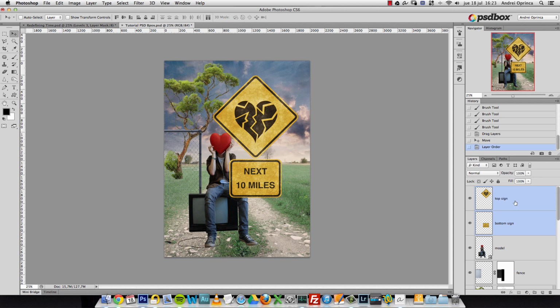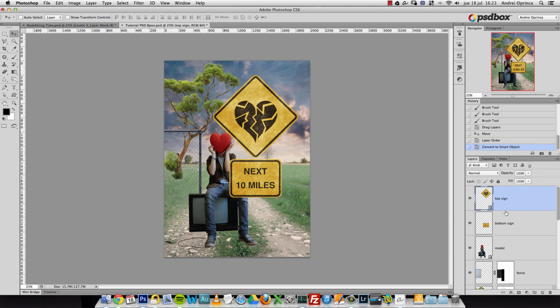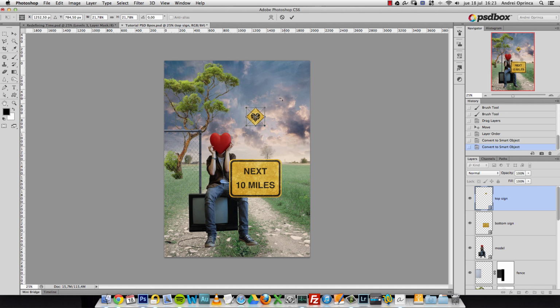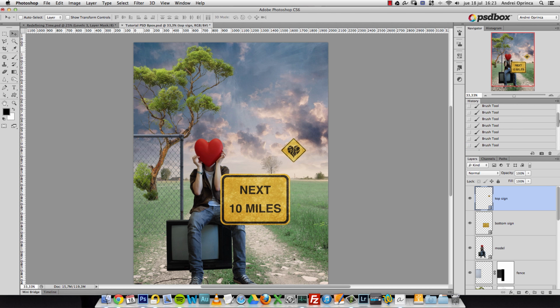Let's leave them on top, and I'll convert both of them into smart objects because I don't know how small or how big I want them to be. The reason why I convert this into smart objects is because this is the original size. Okay, so if I want to make it smaller without converting this into a smart object, let's say by mistake I made it this small, and then I realized I want to make it bigger, and I cannot undo because you only have so many